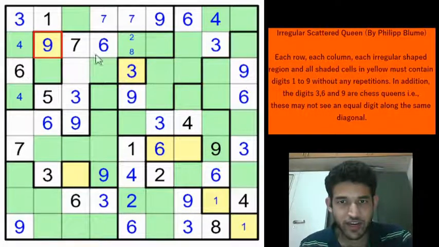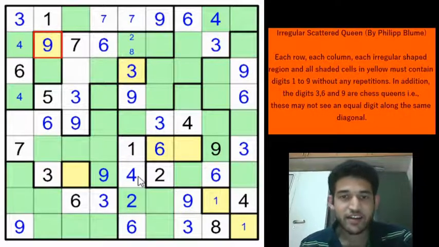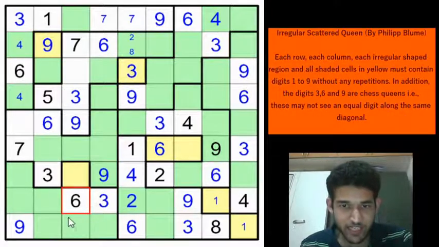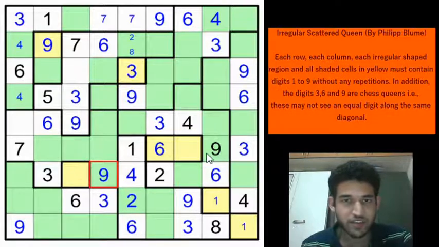So we have placed all the 9s if you see, and remarkably if you see any of these 3, 6 or 9, they will not repeat in the diagonal direction. So take for example this 6 maybe. It will not see any of the 6s diagonally, and similarly if you take a 9, it will not see any of the 9s diagonally. Great.